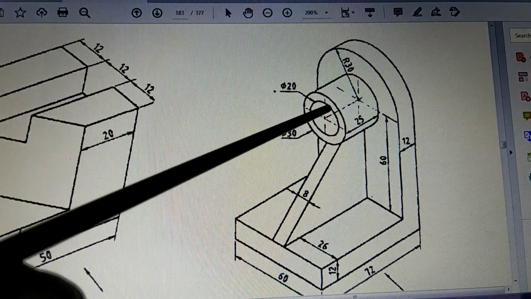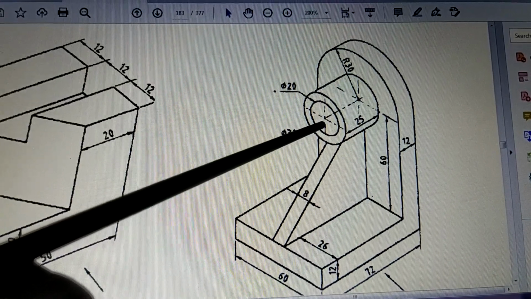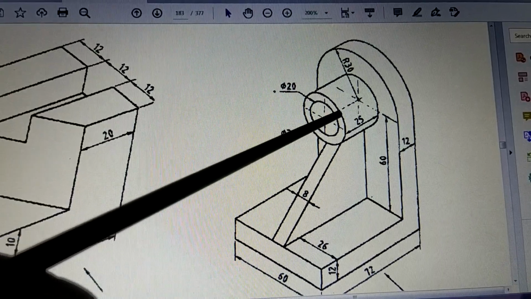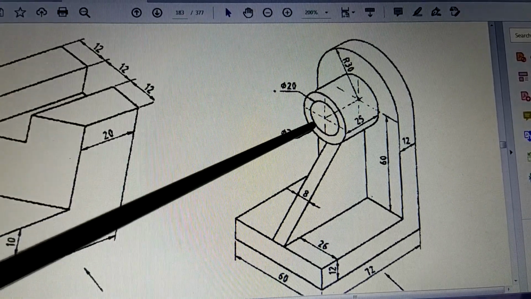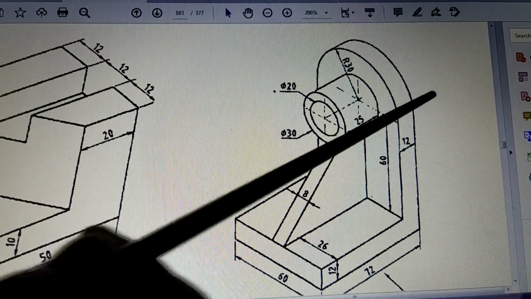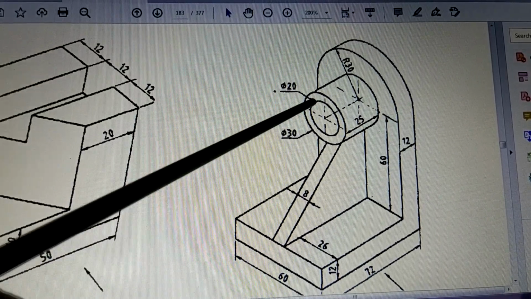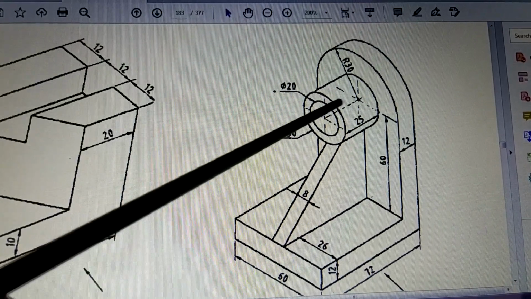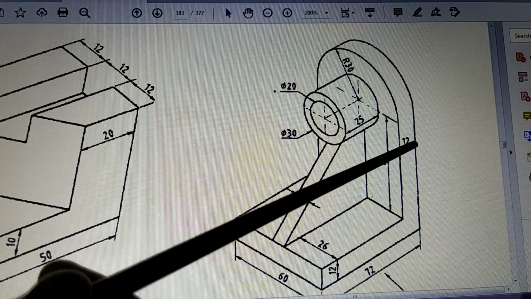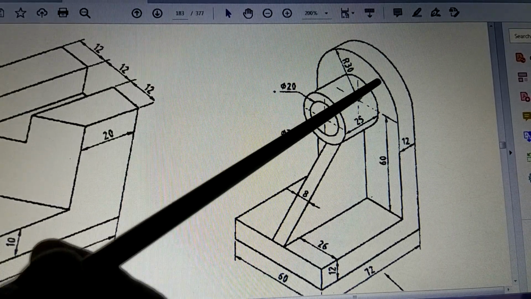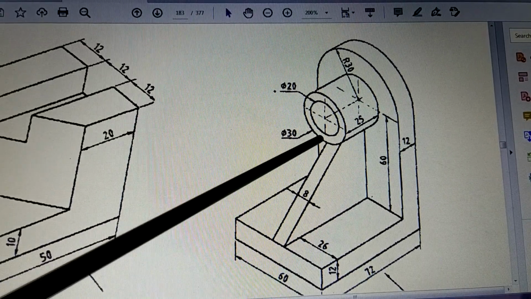But for this hole which is shown, the depth of the hole is not mentioned. When nothing is mentioned, we have to assume that it is a through hole. That means this hole will start from here and come out from the other side. If that is the case, then the internal surface will have a length from here till the end. So it will be 25 plus 12. It will be a full length till here and till here, at a height of 20.